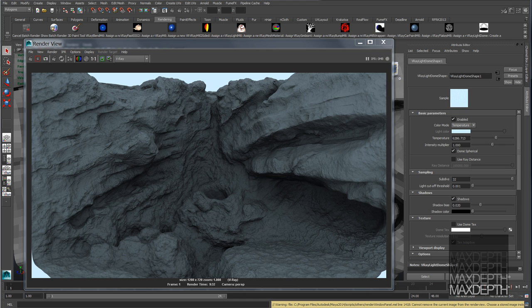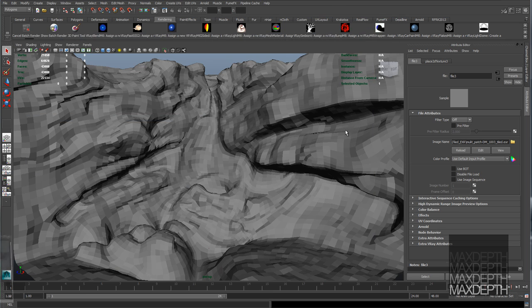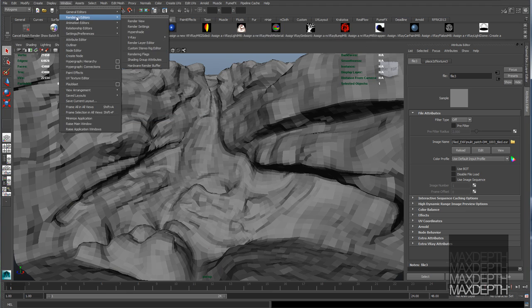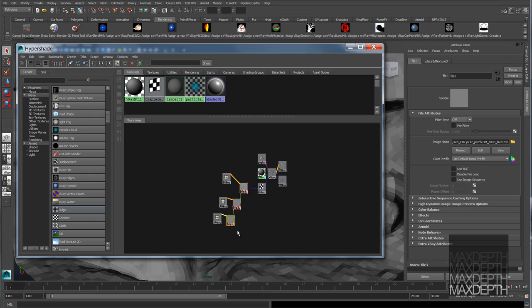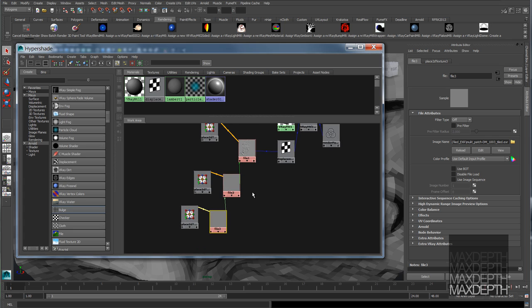Okay, and here you see we have all of our displacement. Everything has come through cleanly. We're rendering fine. No crazy artifacts or anything nasty or weird coming out in the displacement. So we're pretty much good to go with that. So just to recap everything up to this point, let me go back to our Hypershade. Okay, so when creating a multi-tile shader network by hand with displacement, you need to have a file read node